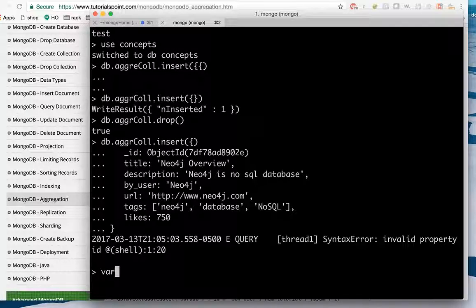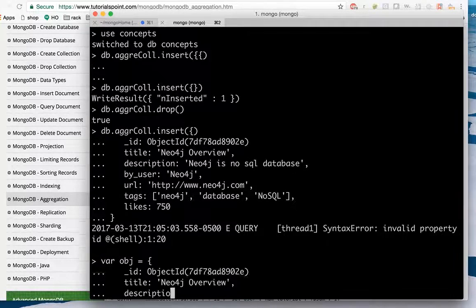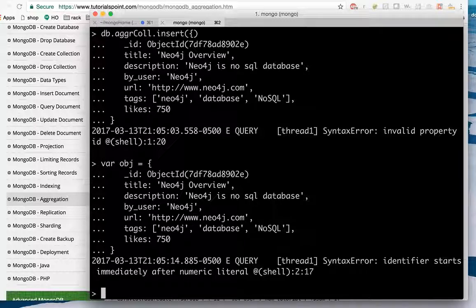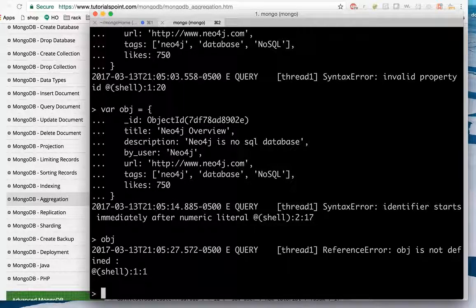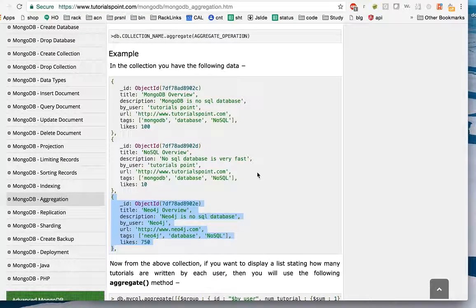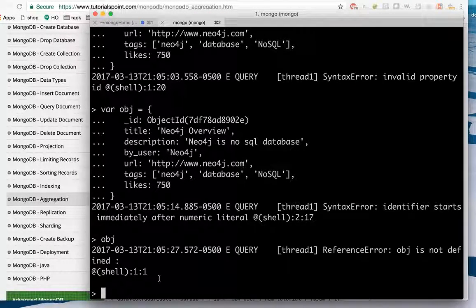The best way is to create a variable object and put your data inside here. I think there is some error in copying it, so we'll redo it. So we can always pass underscore id, and